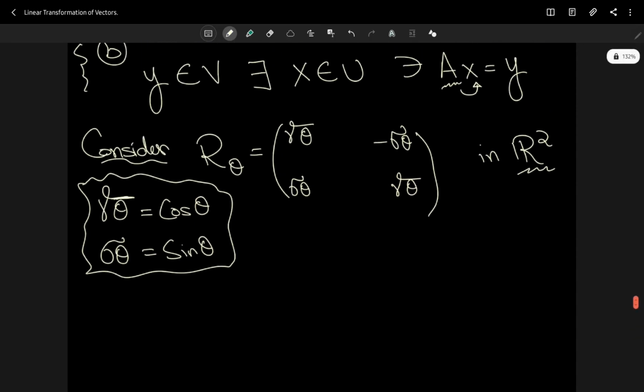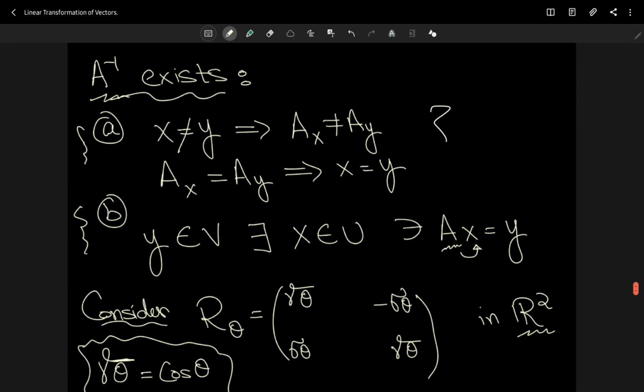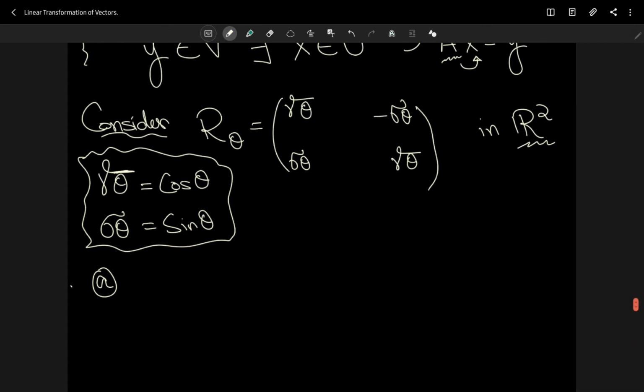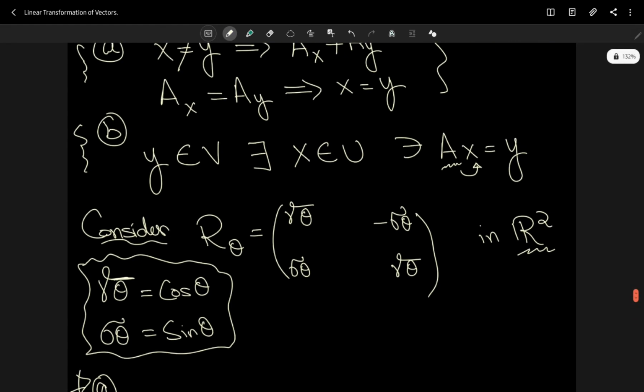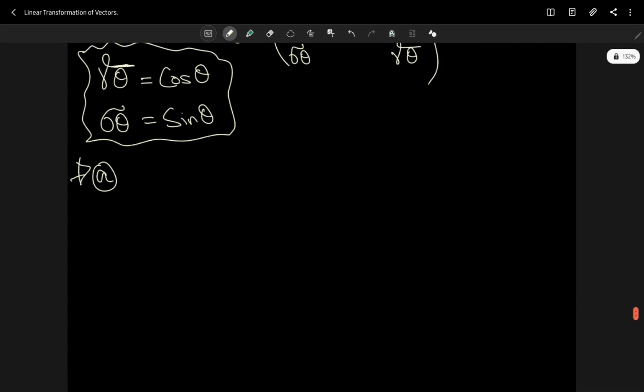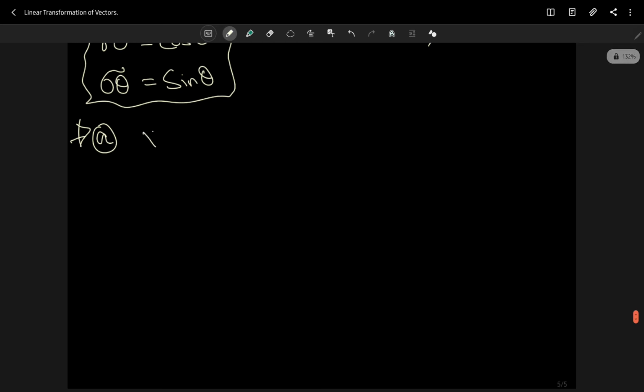So now let's talk about this property, the part A of this definition. So for that, let me just write down A over there. This A is corresponding to that part of the definition. So for this, let's take some X, which is A, B,